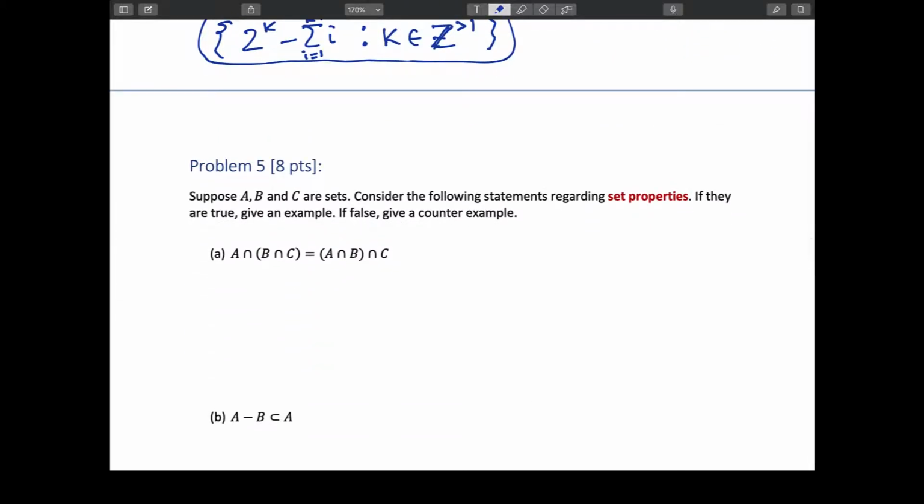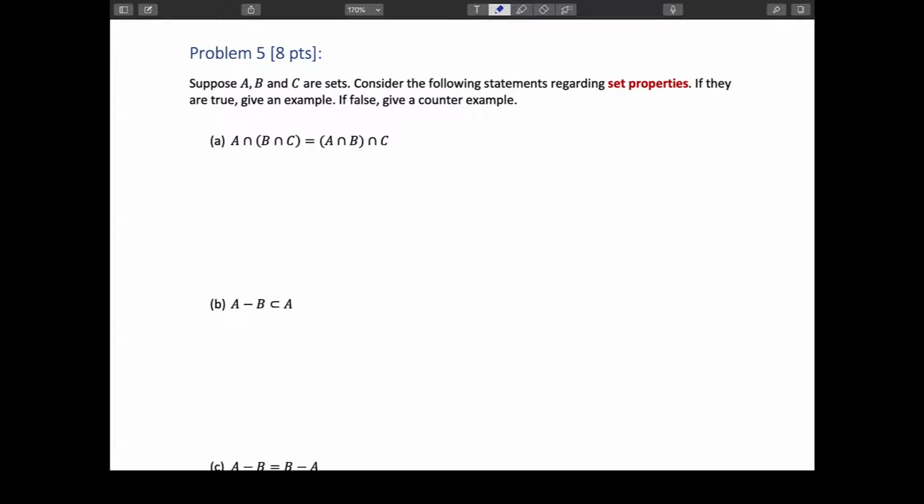So problem 5, this is set properties. Consider the following statements. If they're true, give an example. And so the question is, does it matter how I look at intersection? And if you think about the Venn diagram